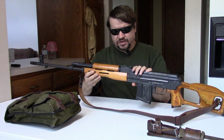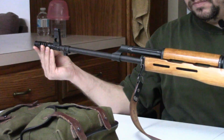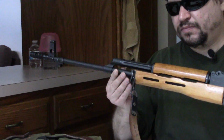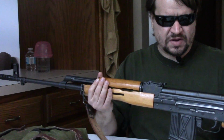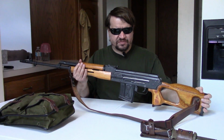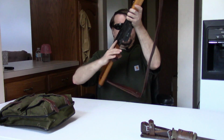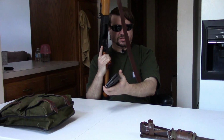It is quite a long, spindly gun here. We have about a 24.5-inch barrel, so over 2 foot long. It's a light profile. Overall, this weapon is about 45 inches, and it weighs about 9.5 pounds with its issued scope unloaded. It feeds from detachable, 10-round, double stack, double feed box mags,